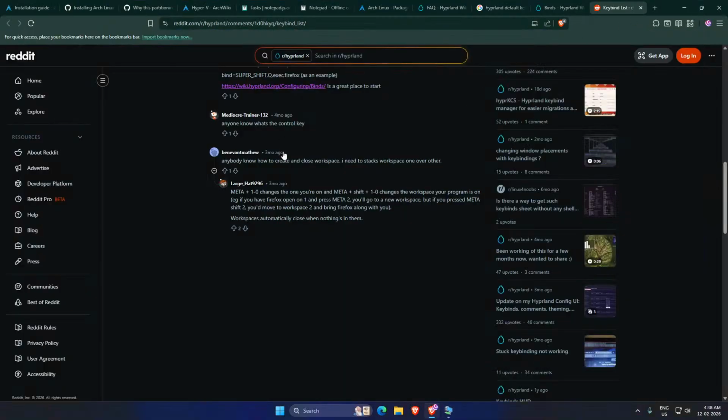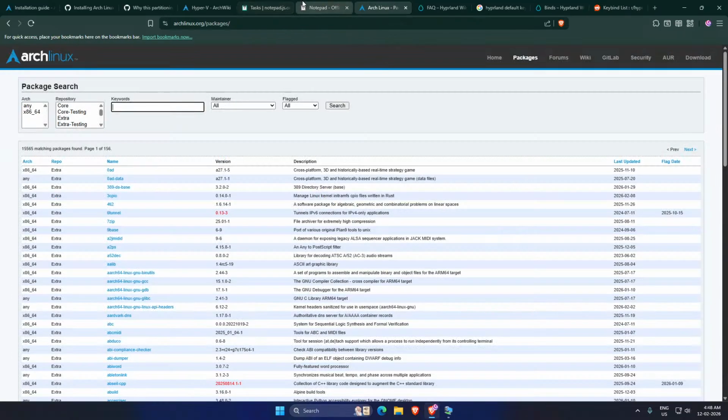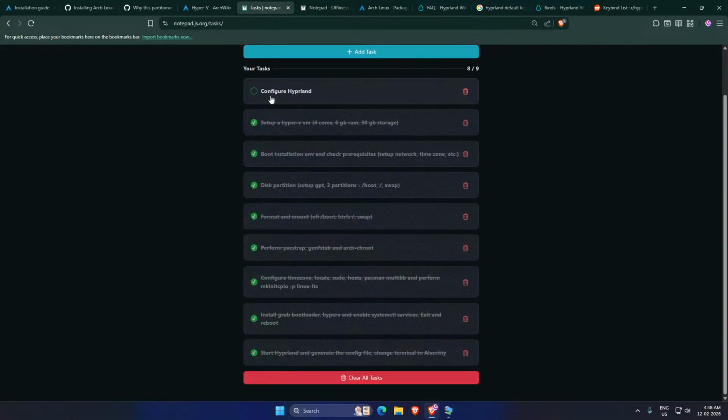Let's install Kotlin. Task: configure Hyprland. I'll not configure Hyprland right away, it's pretty lengthy and detailed. So leaving this configure Hyprland task for now. So now I need to